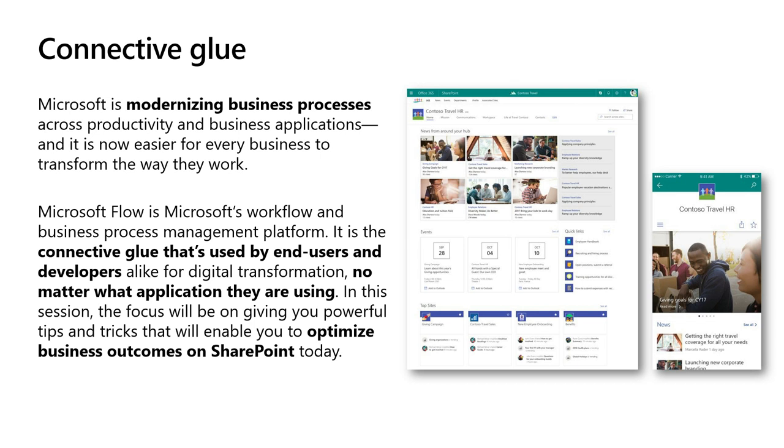We very much see Flow as being that connective tissue that allows us, with all the services that we have and other people have, to be able to stream the data from one place to another and to engage people in the system that they're most comfortable in. If you have users who are already living in Office 365, Flow comes very well into those environments, as we'll see, so that you can directly experience and interact and trigger and receive responses from the comfort of Inbox or inside Teams or inside of SharePoint, as we're seeing on the screen today.